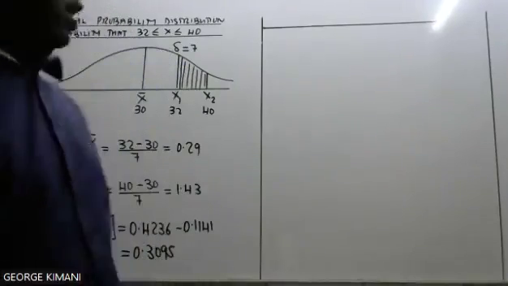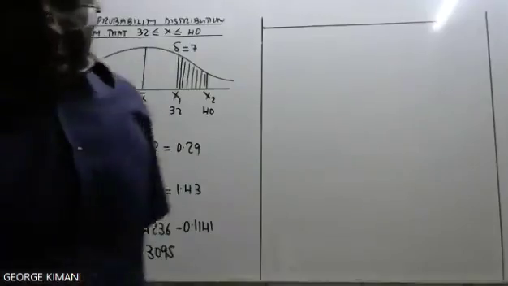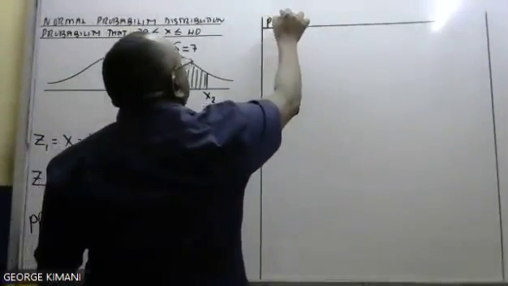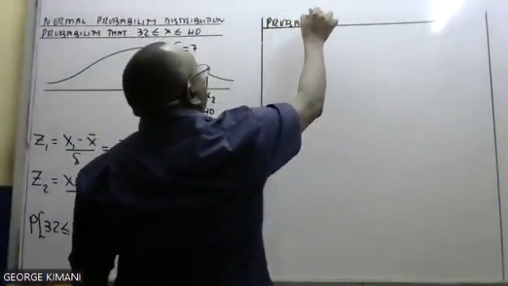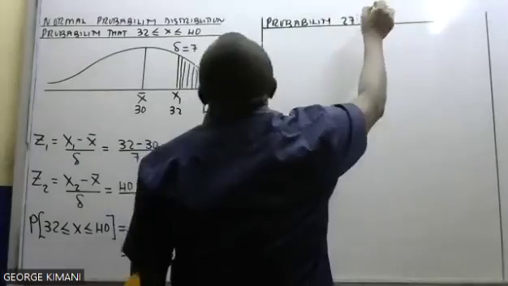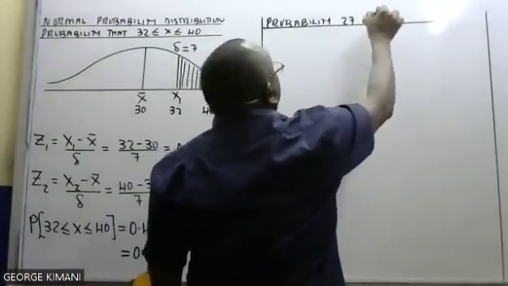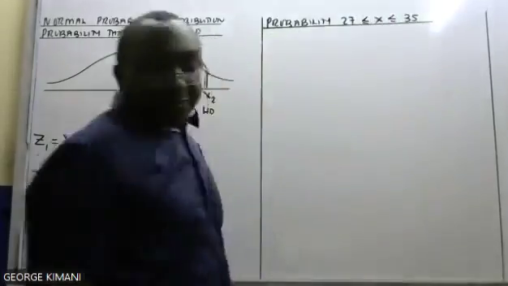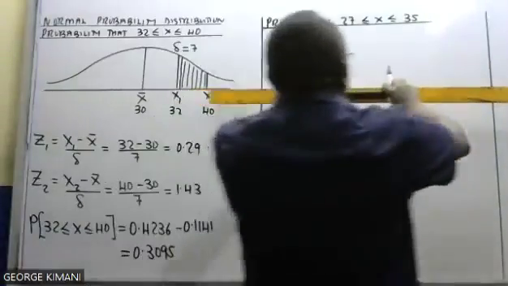Good. Haya, tuende kwa huyo mwingine. It is the probability that you are between 27 and 35. Probability that X is between 27 and 35. So once again, we